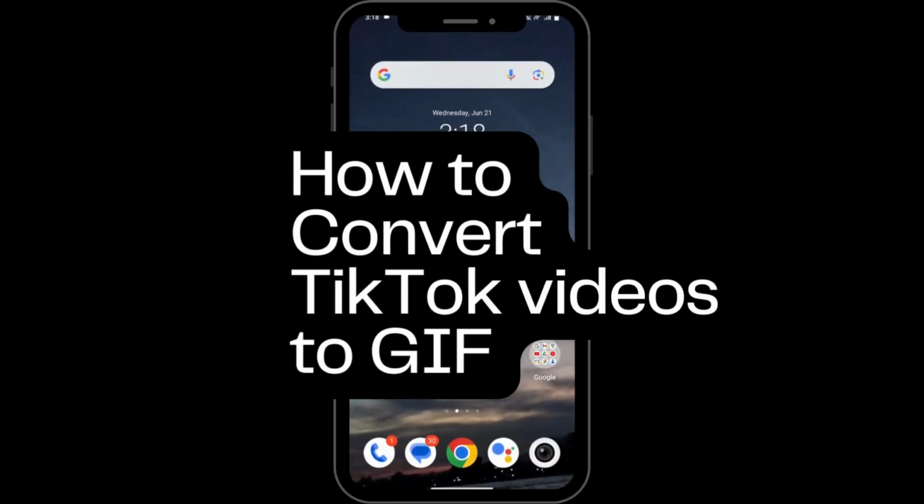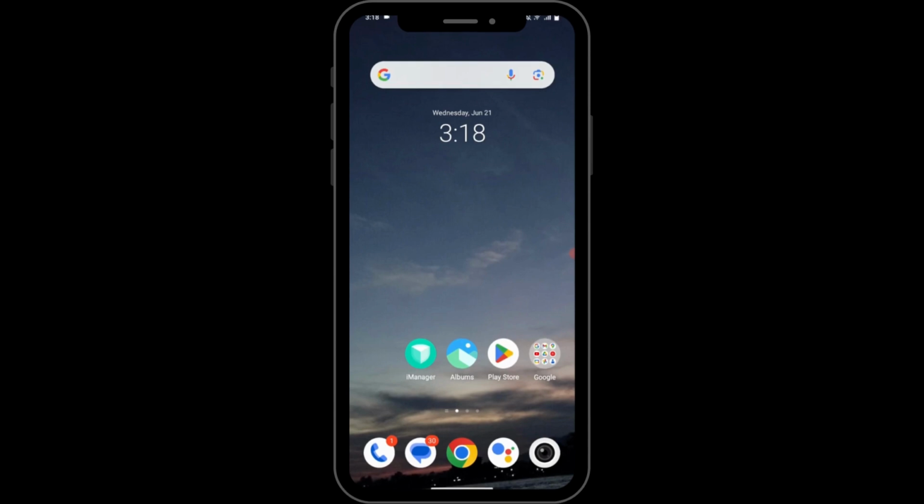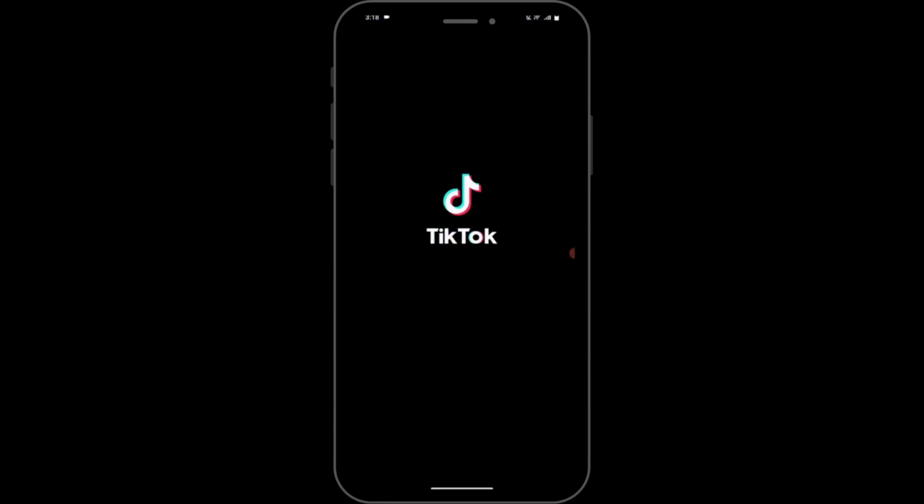How to convert TikTok videos to GIF. So if you want to convert your TikTok videos to GIF, then first of all open up your TikTok application,